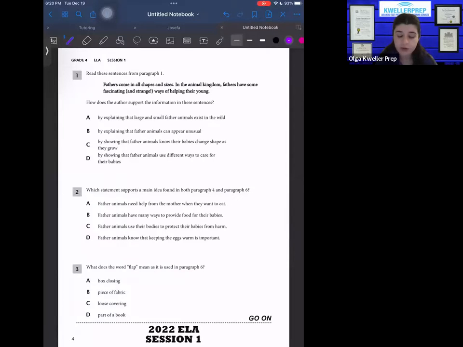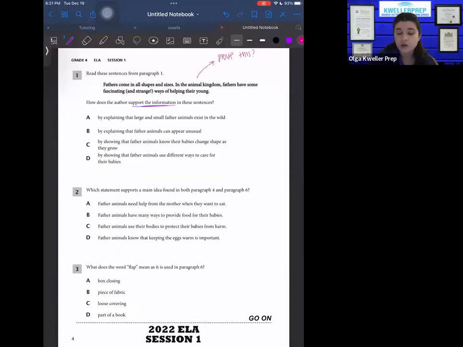So we have fathers come in all shapes and sizes. In the animal kingdom, fathers have some fascinating and strange ways of helping their young. How does the author support the information in these sentences? So we want to, how does the author tell us this? How does the author prove this to us, right? So the answer is that the author shows all the different animal fathers